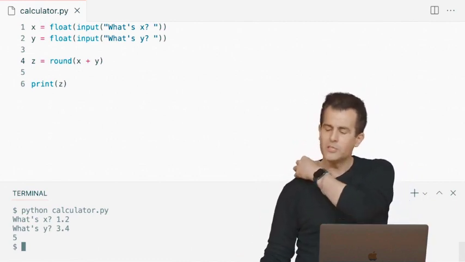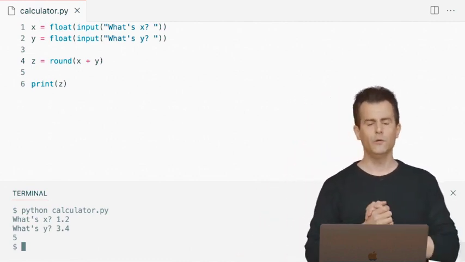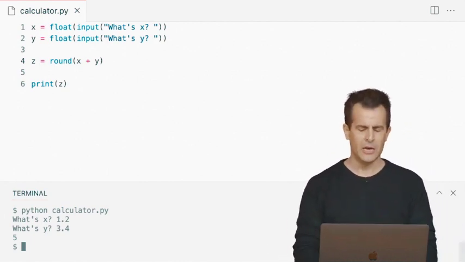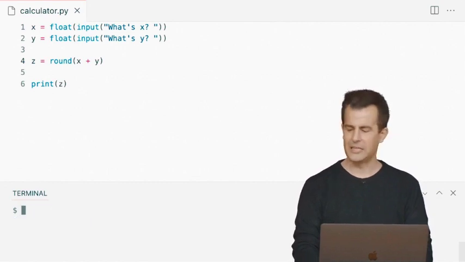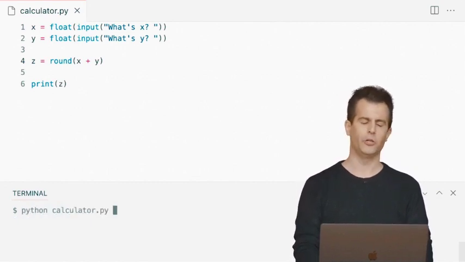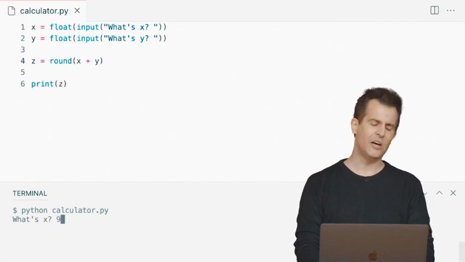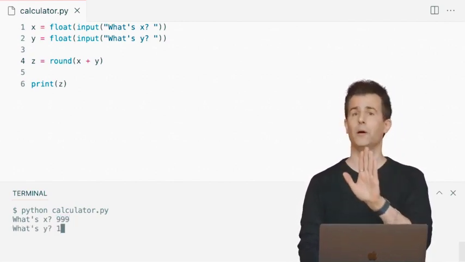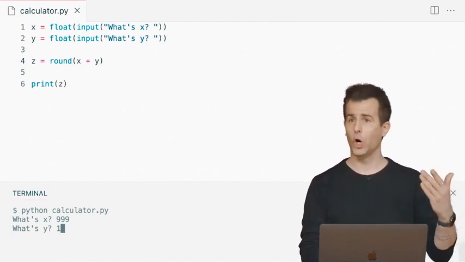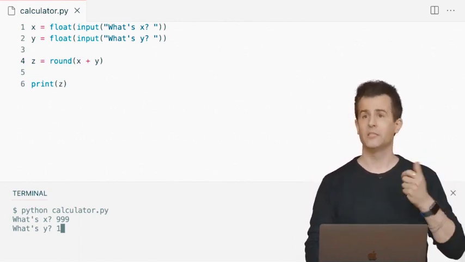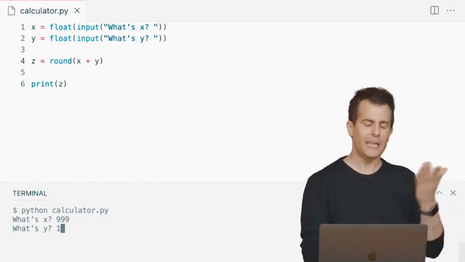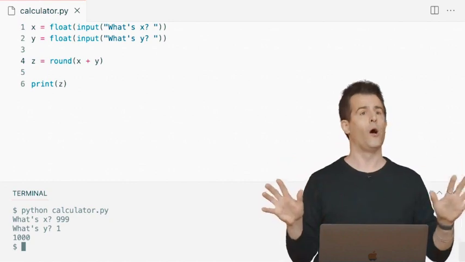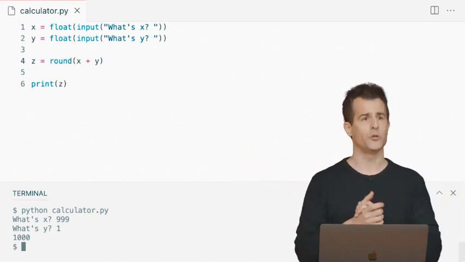All right, what if I wanted to change this a little further? What if I wanted to support really big numbers, irrespective of rounding? Let me go ahead and run python of calculator.py again. And let me just add 999 plus 1. And notice I don't have to type decimal points, even though I'm converting to float. My program will just allow me to type decimal points, but I don't need to oblige. The answer here should be, and is in fact, 1,000, whether or not we round. So that's just arithmetic with integers here.